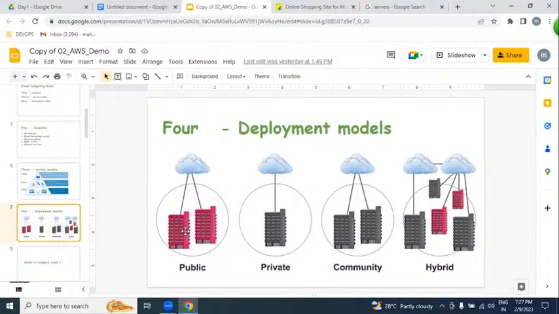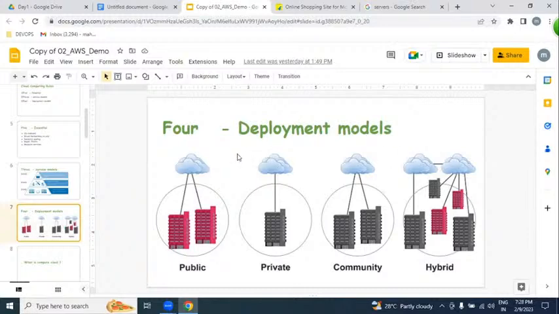Guys, please, I'm repeating this point very clearly. We are focusing only on the hardware layer. We're not talking about the operating system. We're not talking about the software layer. We're talking only about the hardware layer. Please keep in your mind only the hardware layer, always RAM, CPU, or hard disk.